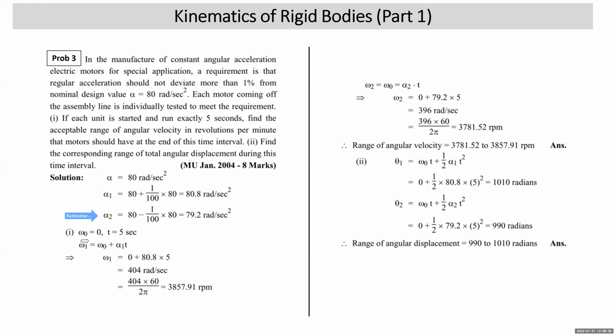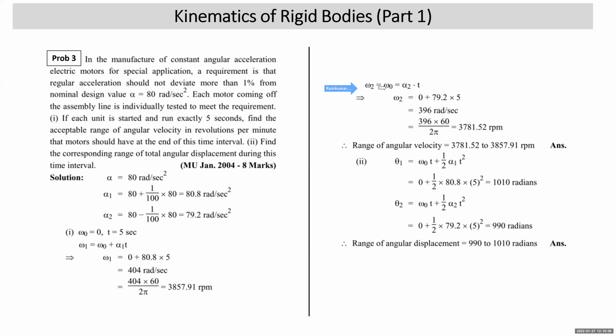Now, in the first case, it starts from rest. It takes 5 seconds. So we want to find the angular velocity after 5 seconds. We use omega is equal to omega naught plus alpha t. I've called it omega 1. Omega naught is 0, so 80.8 into 5 is 404 radian per second. To find this value in RPM, multiply by 60 upon 2 pi. This comes to 3857.9. In the second case, alpha is 79.2, so we'll get the corresponding angular velocity at the end